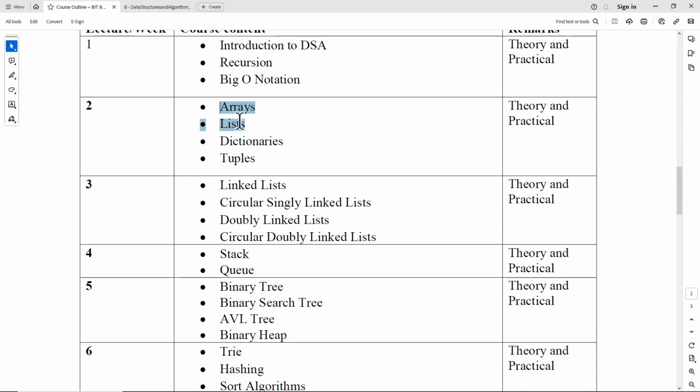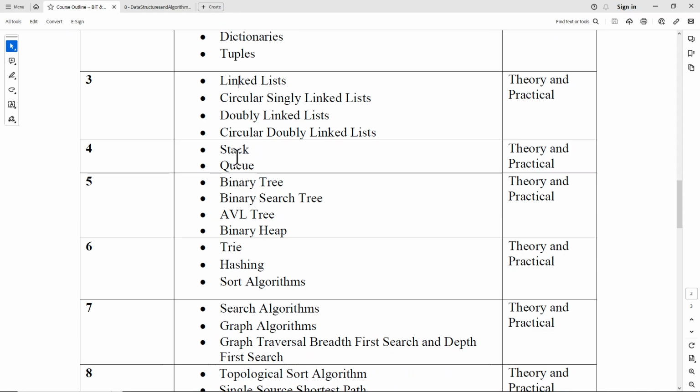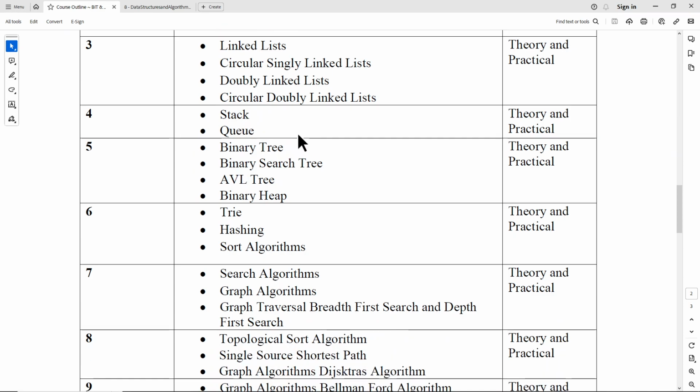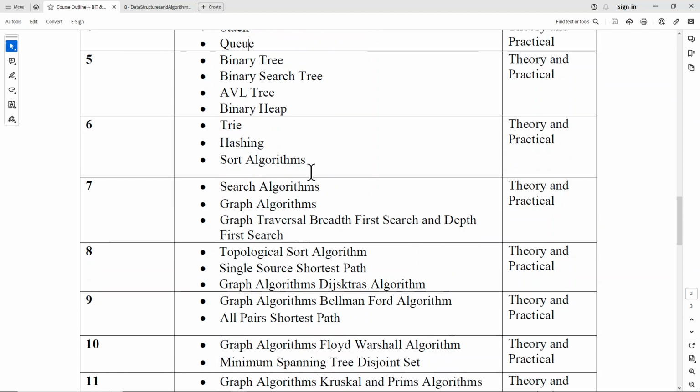Then we're going to look into these data structures: arrays, lists, dictionaries, tuples. We're also going to look into linked lists and the different types of linked lists. We're going to look into the stack, the queue, the binary tree. We have different types of binary tree. So we're going to look at the BST, the AVL, binary heap, trie. And then we're going to look into an exciting concept called hashing